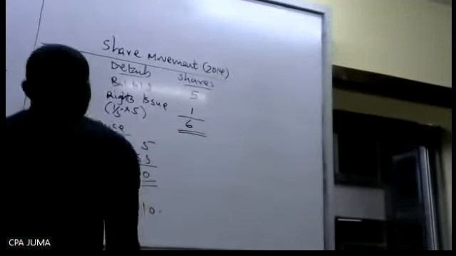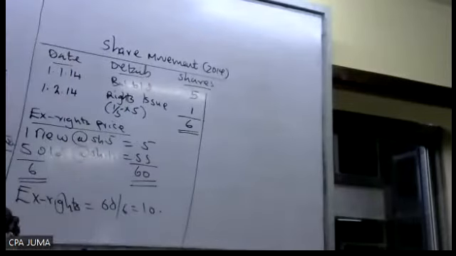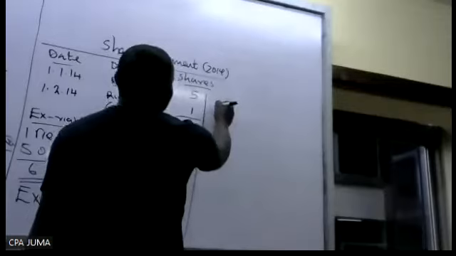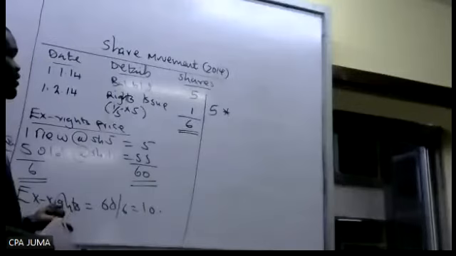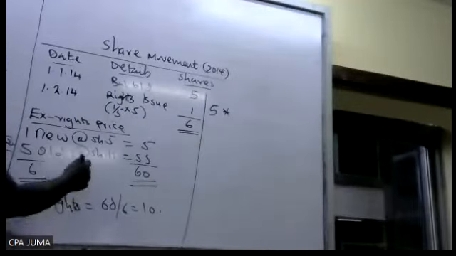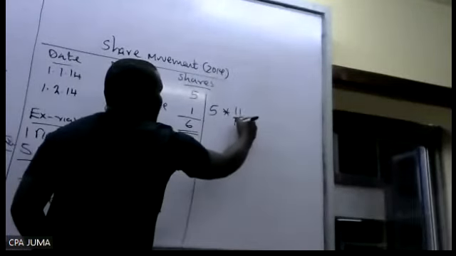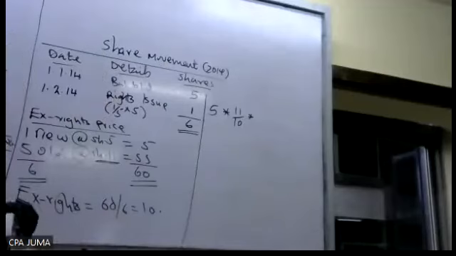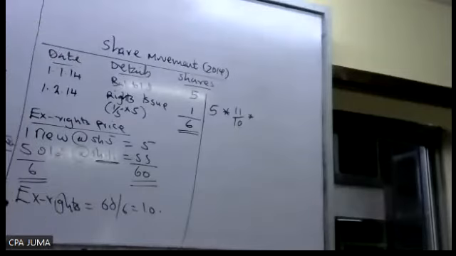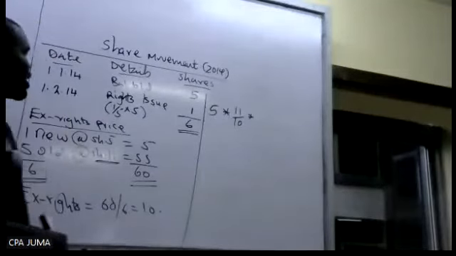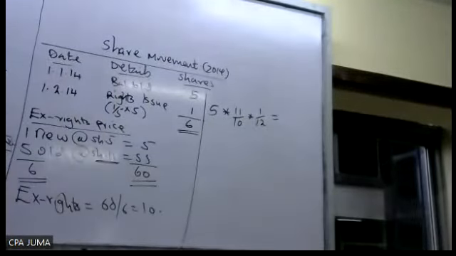Now let's weigh them. To weigh, check the ordinary shares before the rights issue. Before the rights issue, it was 5. This 5 was presented in the stock market at the ex-rights price, but the actual market price on the last day of quotation was 11. So you take times 11 over 10, times the period up to the date of the rights. The rights took place on 1st of February, so how many months? January to February, that is 1 month.